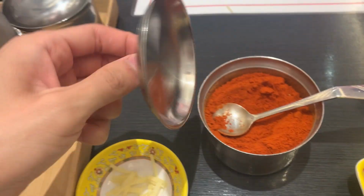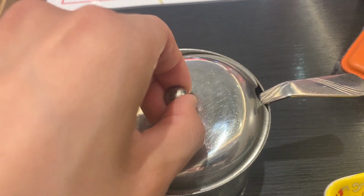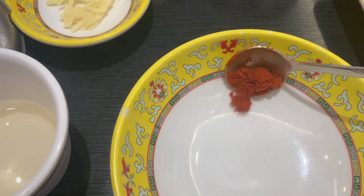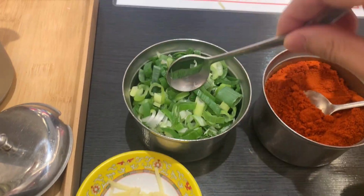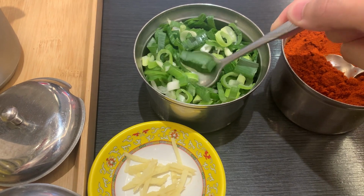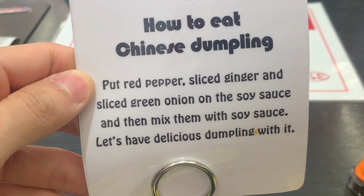And now it's time for the pickled radish. This is usually common in a lot of Korean, Chinese fusion restaurants. Good radish. And as a curious creature that I am, I found these chili things in containers, which we will definitely need for the dumplings coming up. And some green onions to pair with. And when I usually go to dumpling restaurants, I try to make my own sauce, which is what I'm trying to do here. But later on, we find out that they actually have a sign for how to eat these